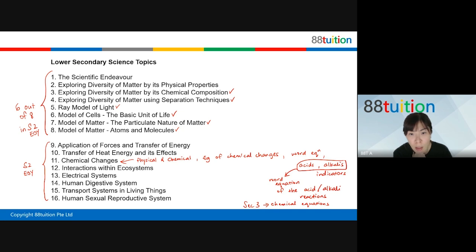Don't have to worry about, cannot do this, cannot do that. Once I decided in Sec 3 I'm doing pure sciences, I will die have to do it all the way until O level. No such thing. Yeah, no such thing. Okay. Now you need to think about, yeah, so I have heard from some of you, not everybody shared with me, right? Yeah, it's okay.